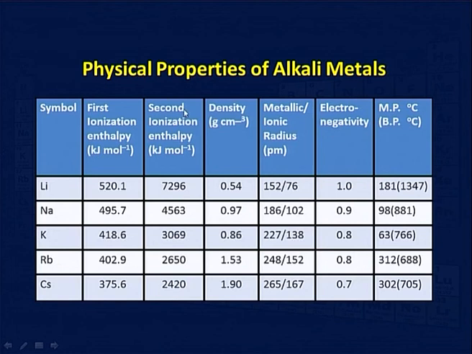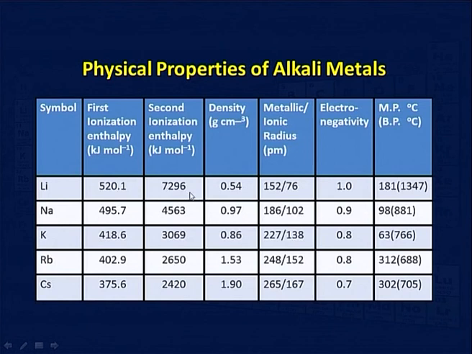Now, if you see here second ionization, because after the removal of first electron it attains noble gas configuration. On attaining noble gas configuration it becomes very stable, and you can see the second ionization is 7296. It is almost impossible to remove the second electron after the removal of first electron, because it has attained the configuration of helium. After the removal of first electron in lithium, it will attain the configuration of helium, which is a noble gas or inert element.